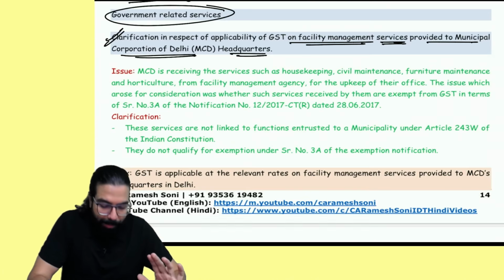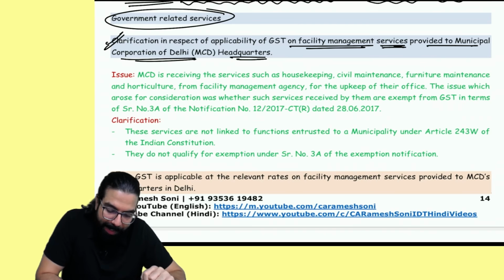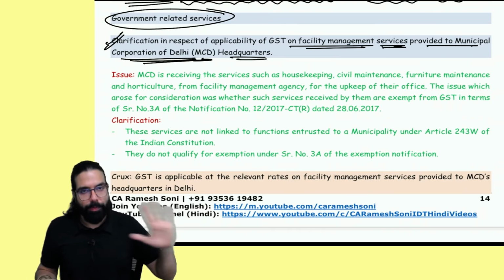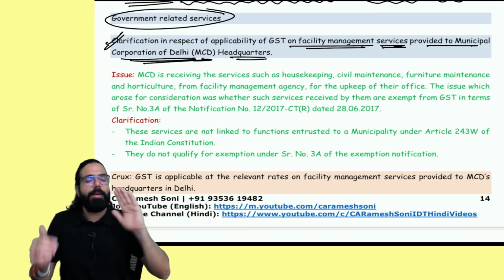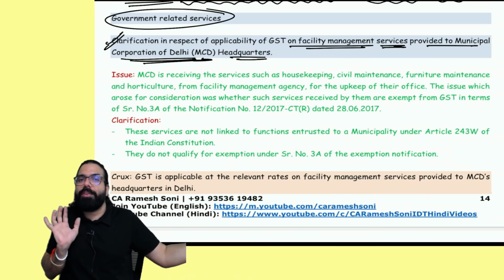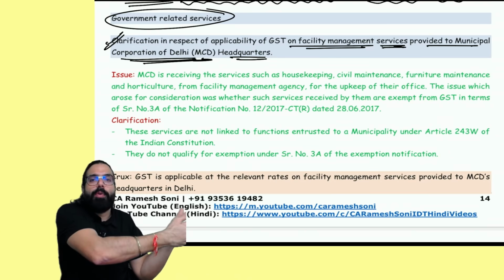Municipal Corporation of Delhi. Municipal Corporation of Delhi. The work of the municipality is the 243W functions. Correct? Maintenance of street lights, cleaning of roads, etc. Now, if they take services relating to the 243W functions, to provide these 243W